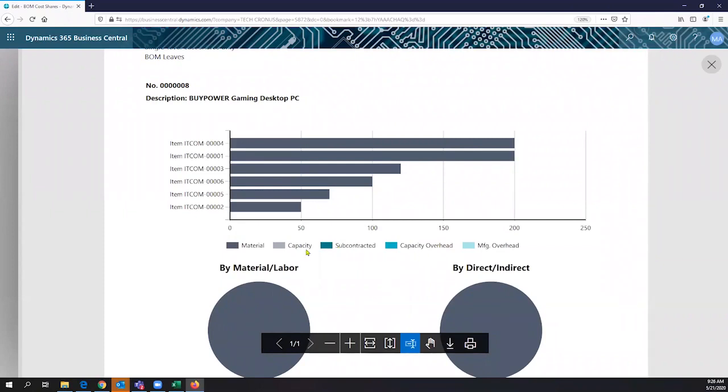The capacities here, capacity and capacity, overhead and manufacturing overhead. This is quite more advanced when we have, for instance, you want to add your electricity expenses, your water expenses. I don't know, just giving some ideas, right? We always have